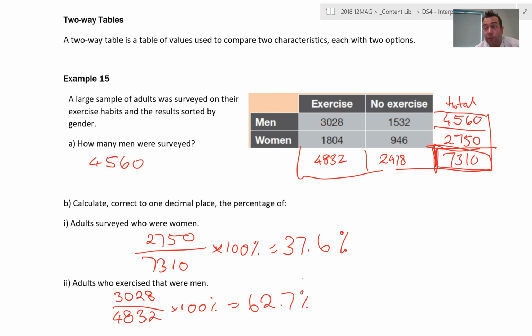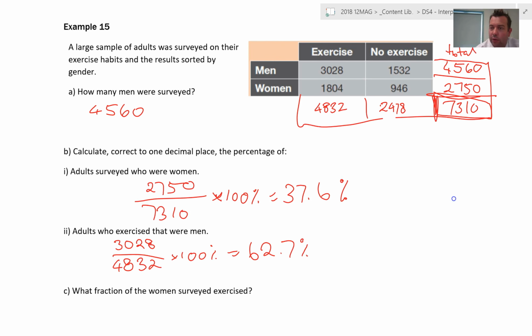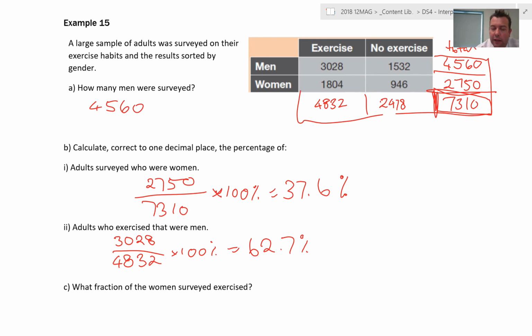Okay, you've got to read these questions carefully. Annotate your two-way table, put the totals in there, and then read the question very carefully. What fraction